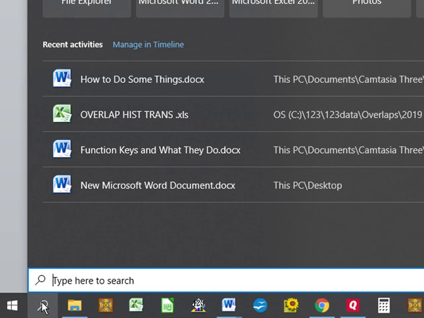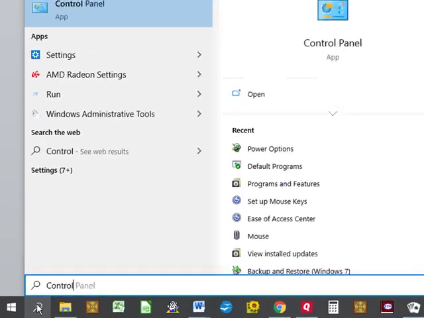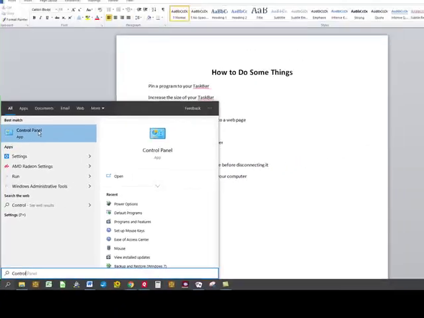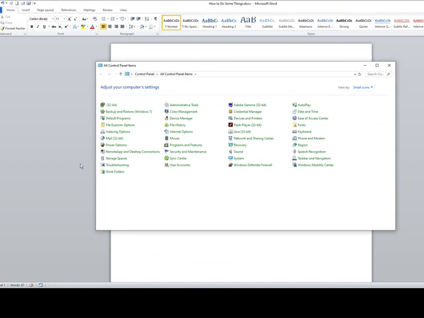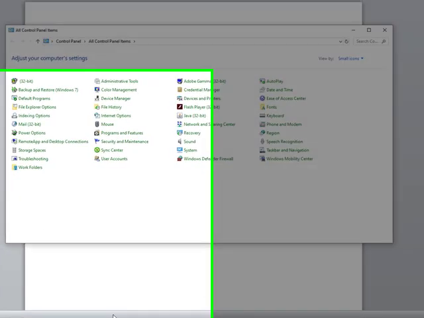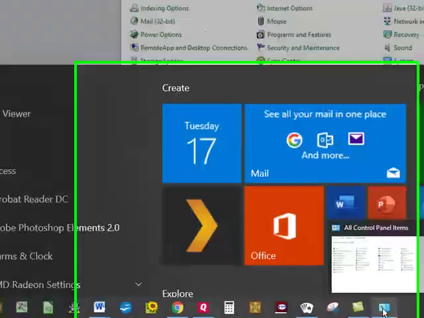Search for Control Panel, C-O-N-T-R-O-L, panel. And when you click on Control Panel that comes up in your search, it will bring up Control Panel, and you will now see that at the moment, an icon for Control Panel is on your taskbar